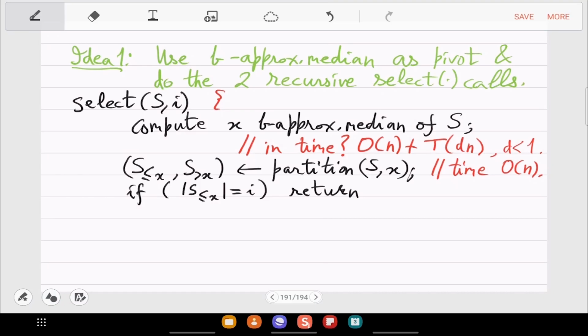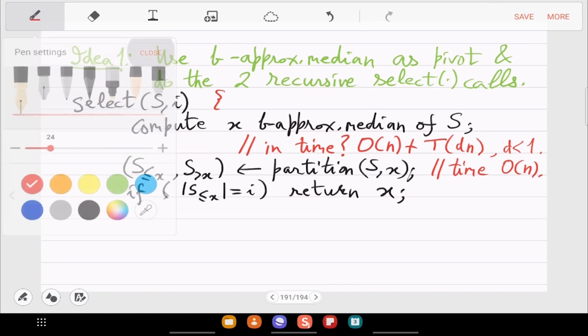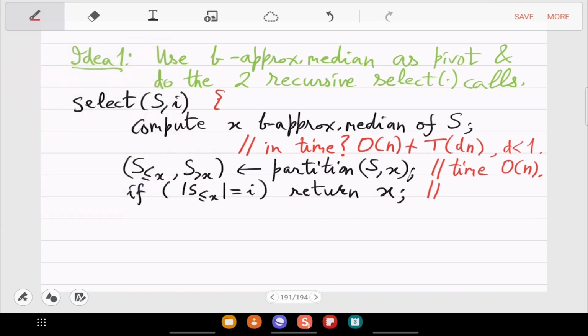So select was supposed to output the ith smallest integer in the array, right? If S less than equal to x is of that size, then x is the answer. Fine. This also takes linear time, obviously. It's just a single scan.